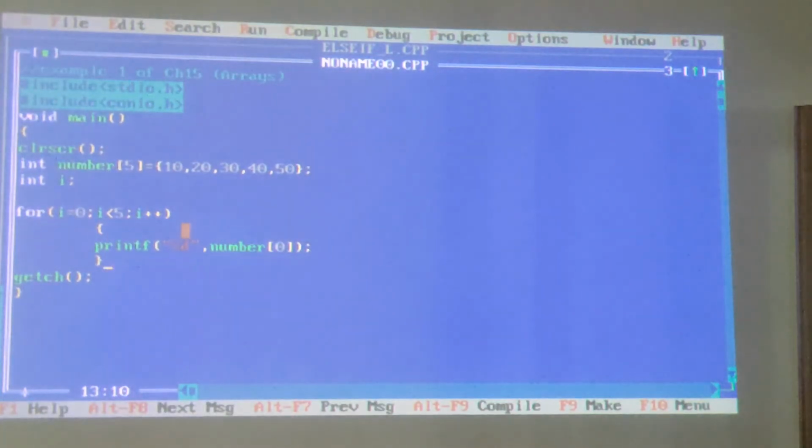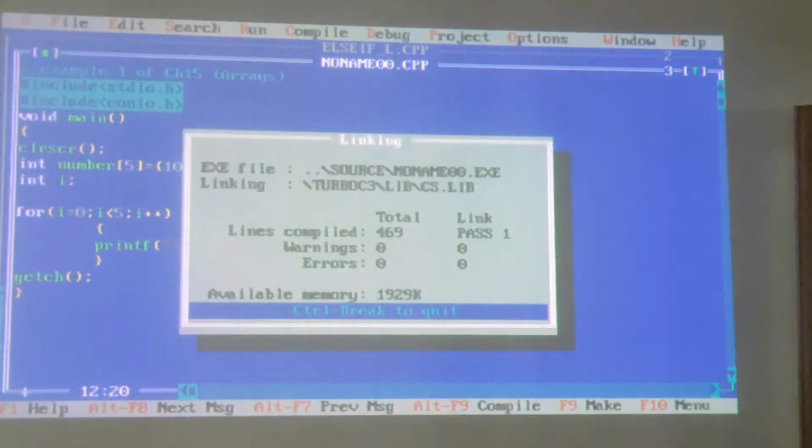What is it displaying? 10 only. It's displaying 10, 10, 10 so many times. I leave space in between so that you can read it clearly. 10 and 10 are touching each other, so I leave a space here. Then I run the program. So it is displaying 10, 10, 10.